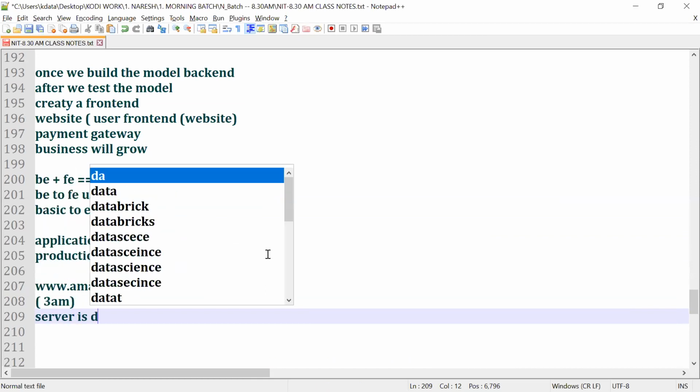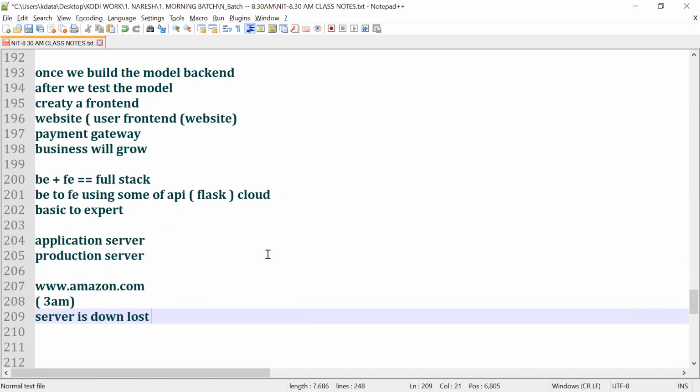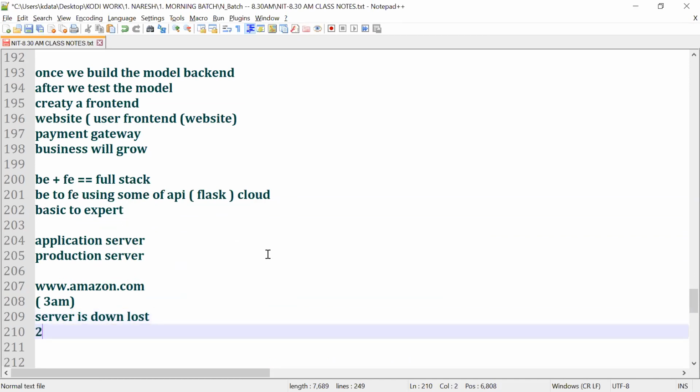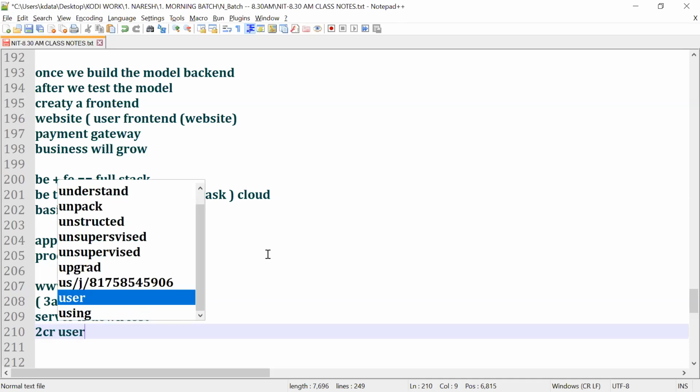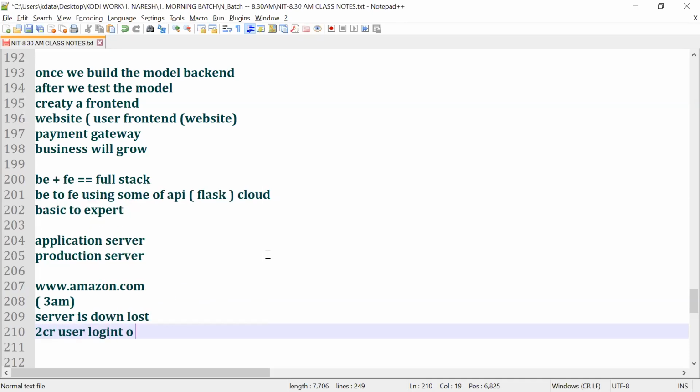Now, when the server is down, let's say on Flipkart's Big Billion Day, if your server is down, a lot of business is lost to Flipkart, isn't it, guys? Now another question: if 2 crore users log in to the server at the same time, it's a heavy load on the server, right?